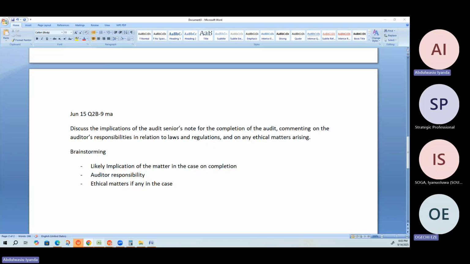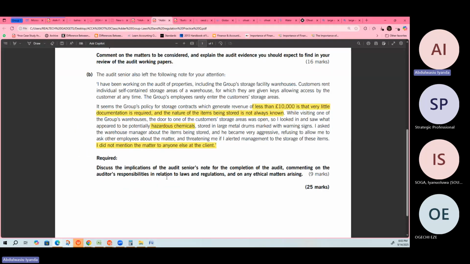But now, what do you think is the auditor's? Let's read it. Okay, the auditor responsibility is clear. I can still copy the previous one and dump it here. But what do you think, especially on this last part? Do you feel that there's any ethical responsibility here? Because they are asking for that. What do you feel is the auditor responsibility?